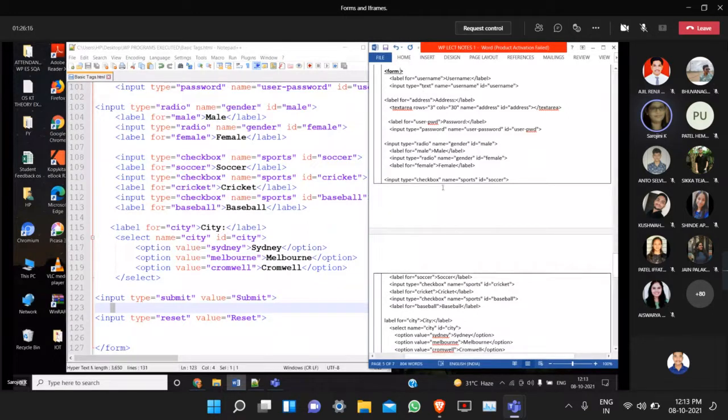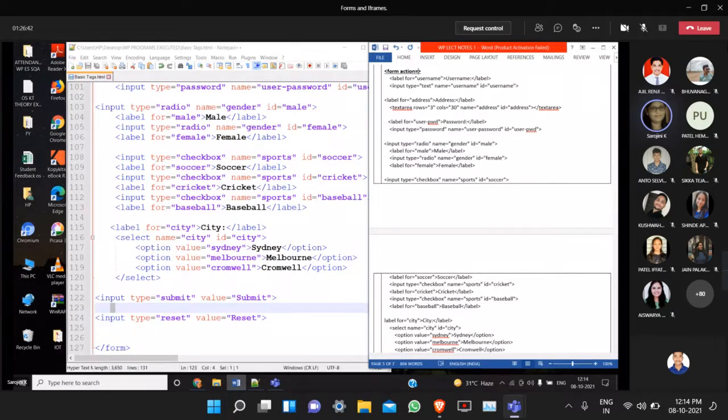Without a submit button, no form will be there. That is another point. Without the submit button, there is no necessity for the attributes which I am going to add. Once the submit button is there, I have to say which is my destination page. So how can I say which is my destination page? Using the action attribute.